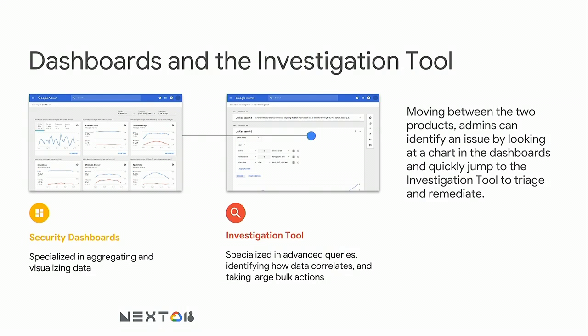And once you do identify that, we encapsulate the context of that specific point of interest and push it to the investigation tool, create a full query,